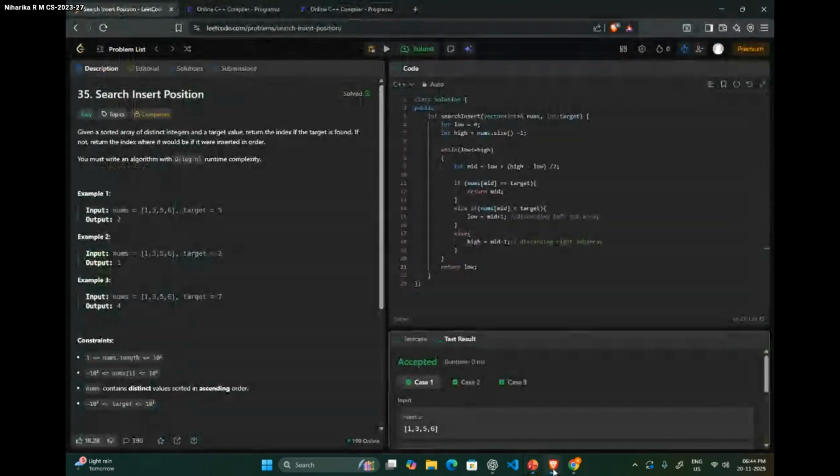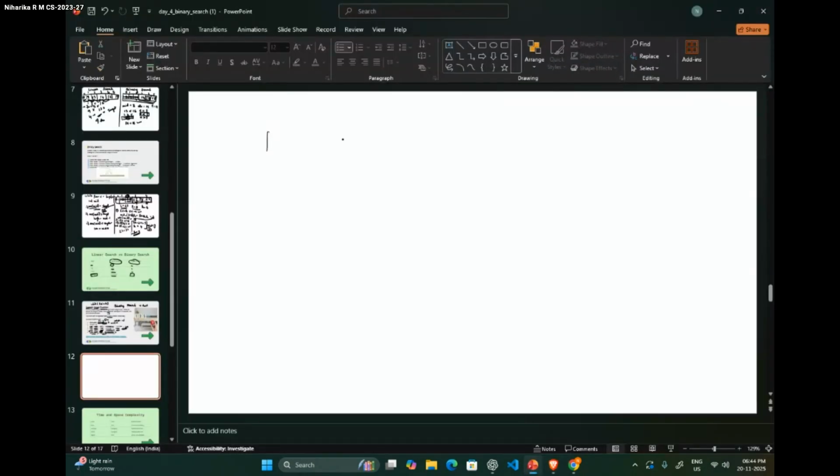1, 3, 5, and 6, and target is 2. We'll give indices 0, 1, 2, 3.